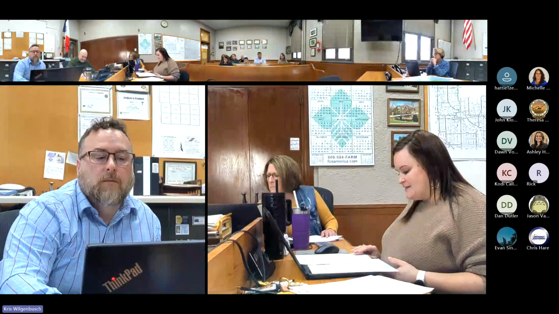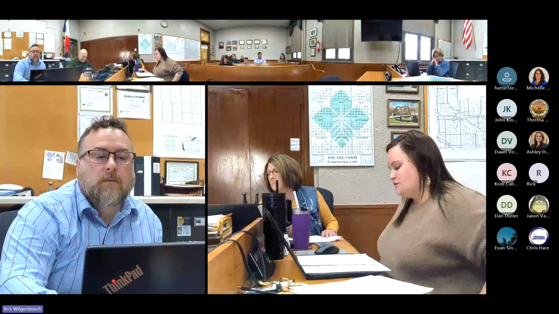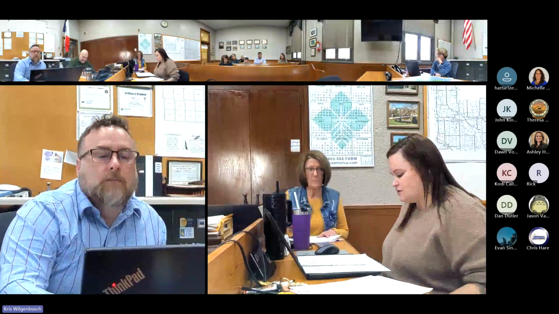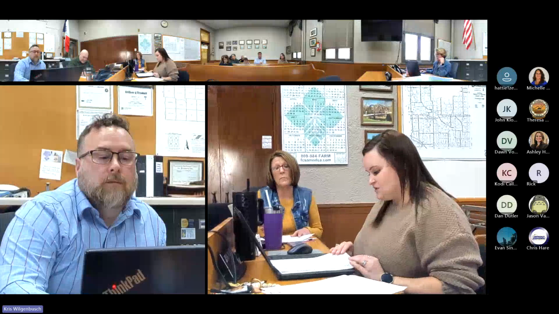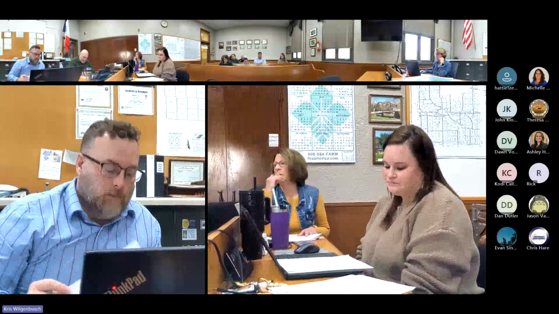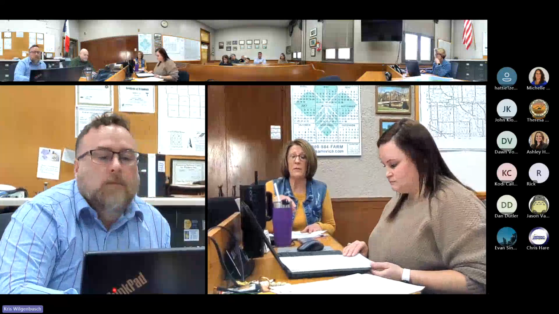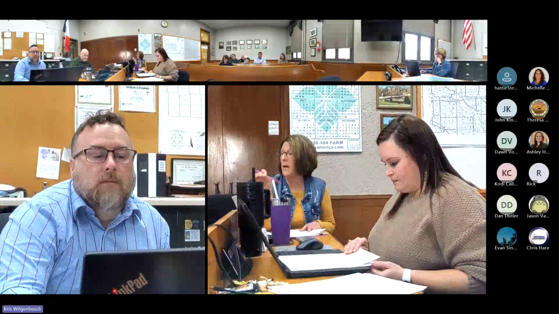It was my error that I didn't catch that on page 2 of that original resolution. We still had the old set of fees on page 2. So I was just looking to get that removed and then just have it corrected if possible. So basically what I did is I took the original resolution that was drafted and approved and did an amendment